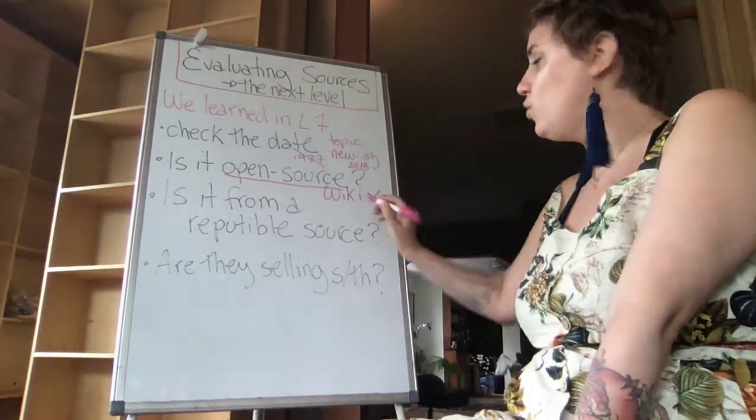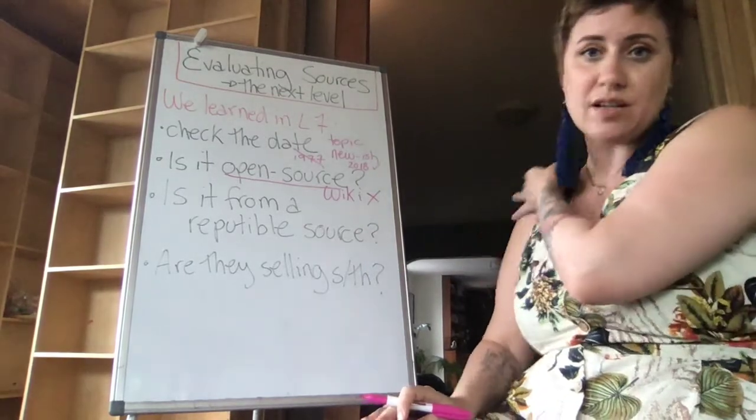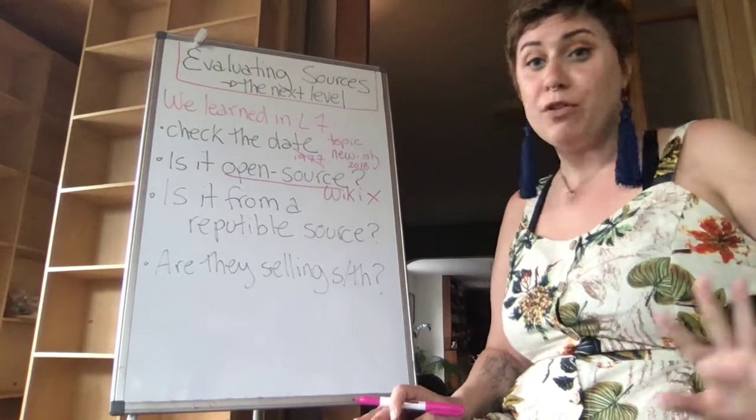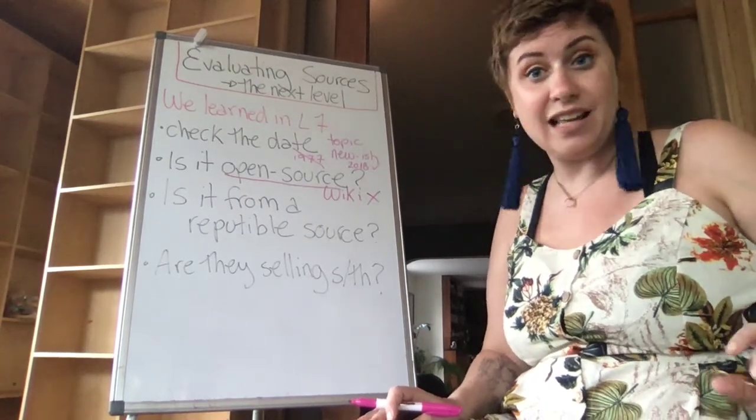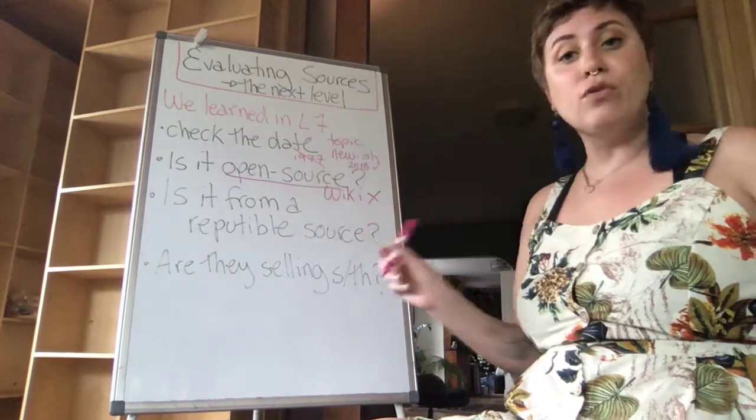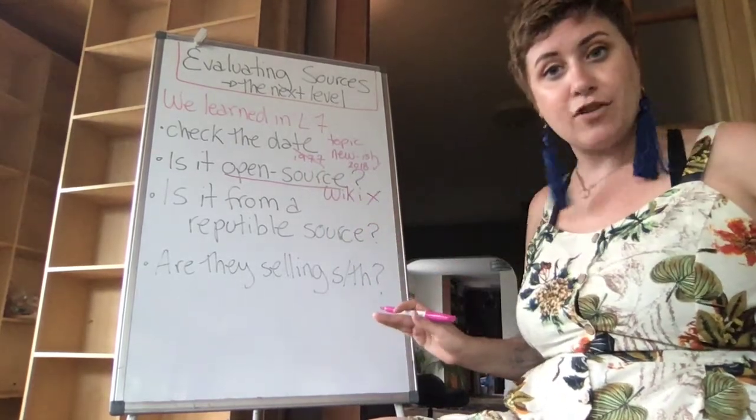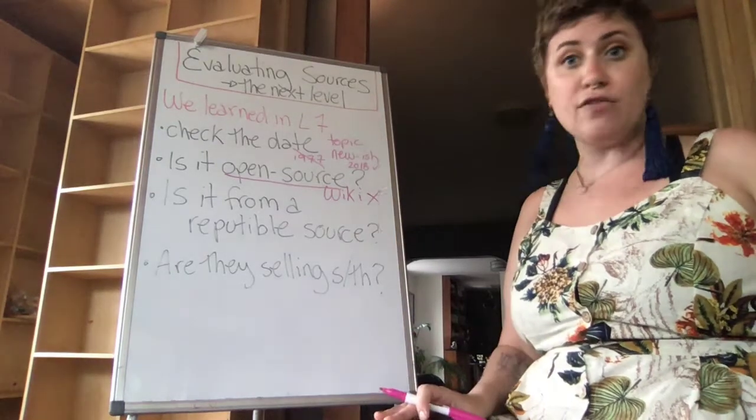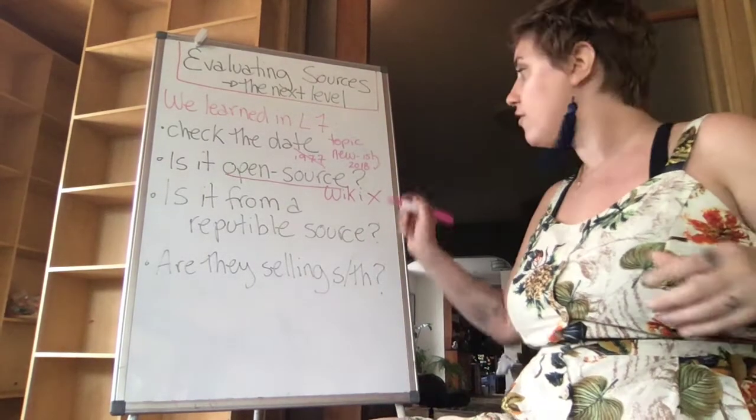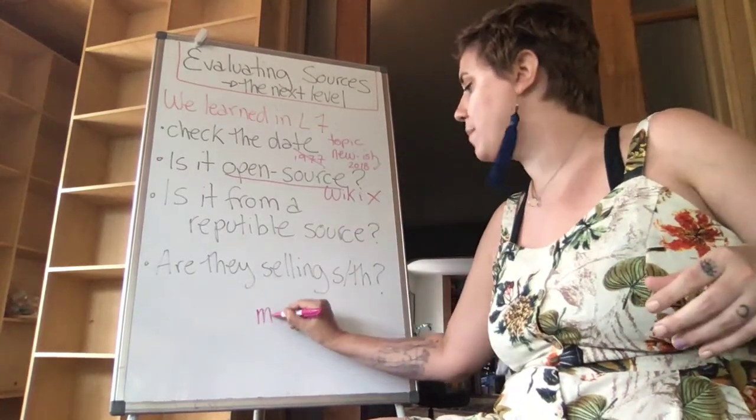If you use Wikipedia as a source from now until the end of your academic career, your professors will not take you seriously. It's not a serious, reliable source. And this is true for any open source information. There are lots of great websites where anyone can contribute an article. For example, there's a website called